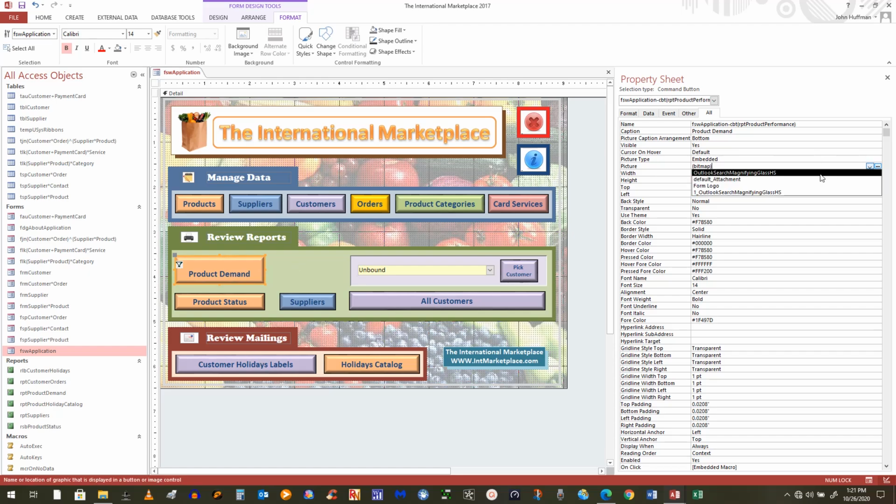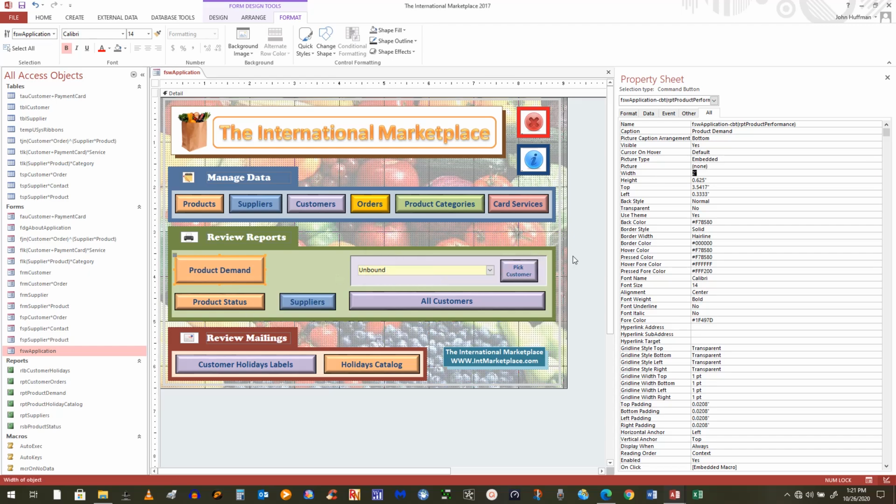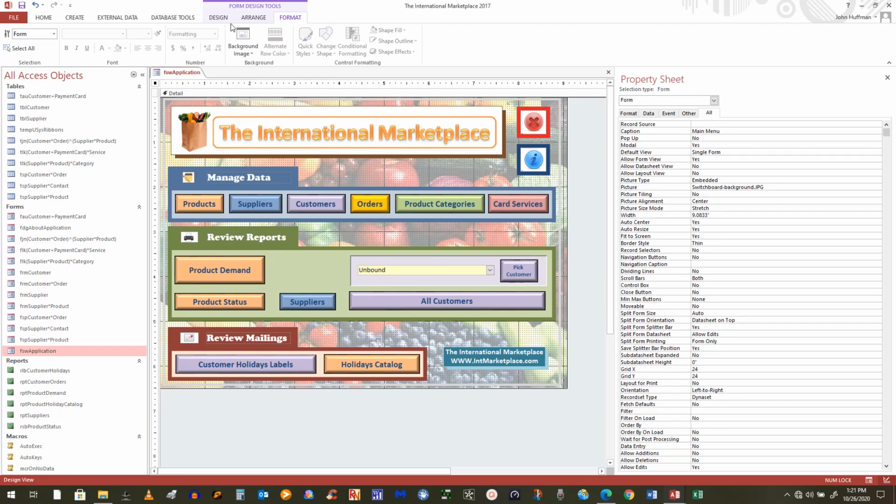I'm going to take that bitmap off. I don't want that. I decided. So to do that, I think I just have to go in and delete this thing that says bitmap. I think that's all I have to do. And yes, do you want to remove the picture from the control? Bam. Yes, I do. Okay. Now I'm back to where I was. All right. So now we're ready to